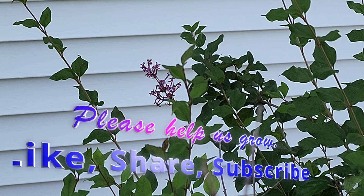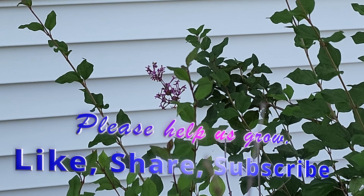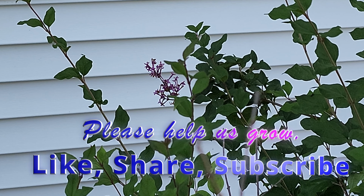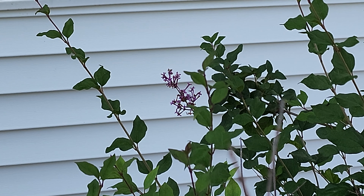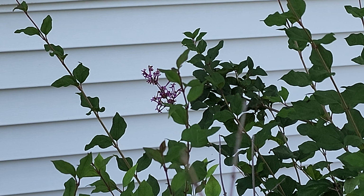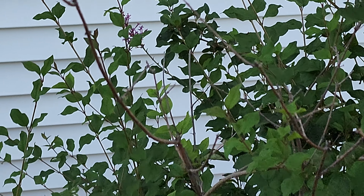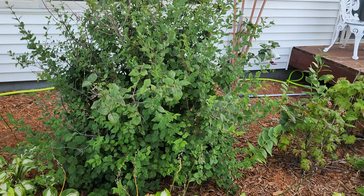The blooms that you get later on are much more sporadic. They're not as prolific as when it first starts blooming in June. But again, I'm in zone 4. This is a Bloomerang lilac. I'll see if I can find the tag. It's been here for about 10 years, so it was getting a bit out of control. So it was nice to be able to provide a follow-up video just so you can see